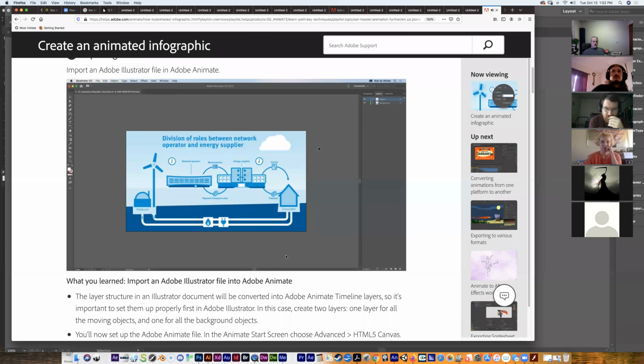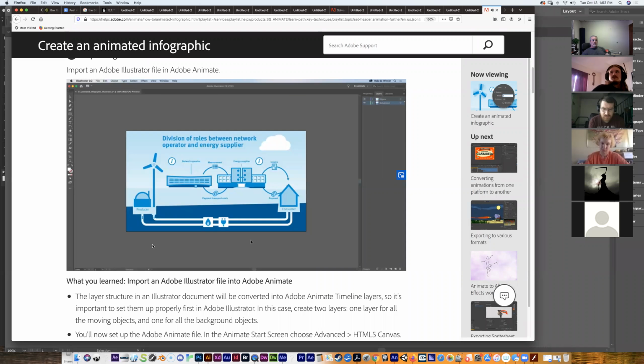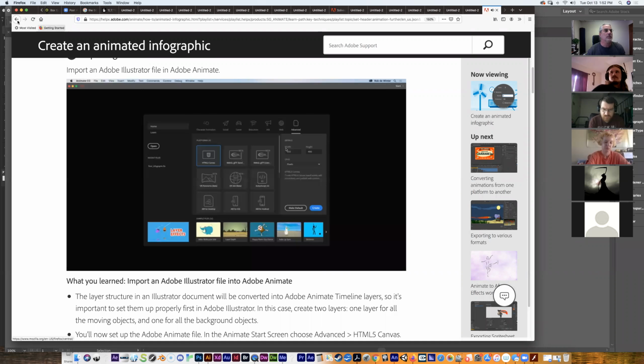The layer structure in this Illustrator document will be converted into Adobe Animate timeline layers, so it's important to set them up properly first. In this case, I've created 2 layers, one layer for all moving objects and one for all the background objects. Now I'm going to set up the Adobe Animate file. In the Animate start screen, you can best...